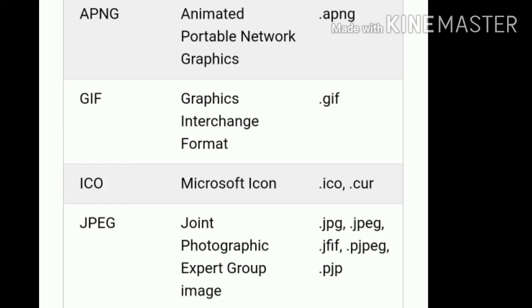Generally .jpg and .jpeg are different file extensions, and we see them one by one: the .jpg one, .jpeg.